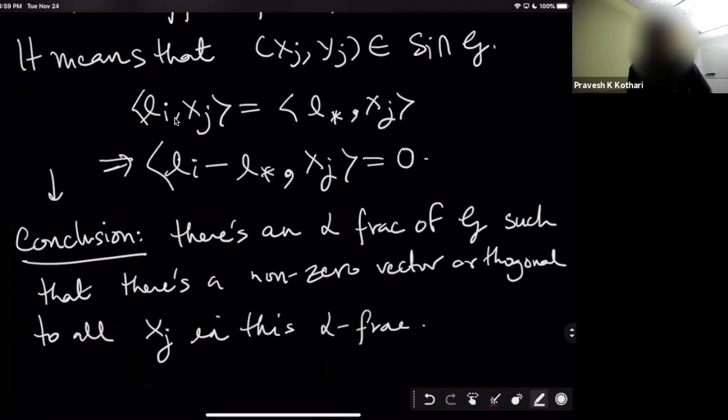And now, we want to say that this should not happen. Okay, this is not a reasonable thing to happen. If this does not happen, then we are good, because then Li must equal L star, and then we have a list that contains L star. So let's just rule it out by fiat. Okay, let's just say that this does not happen.